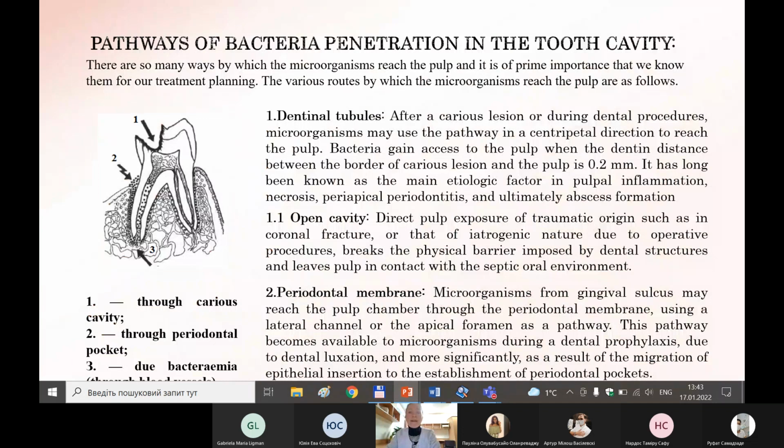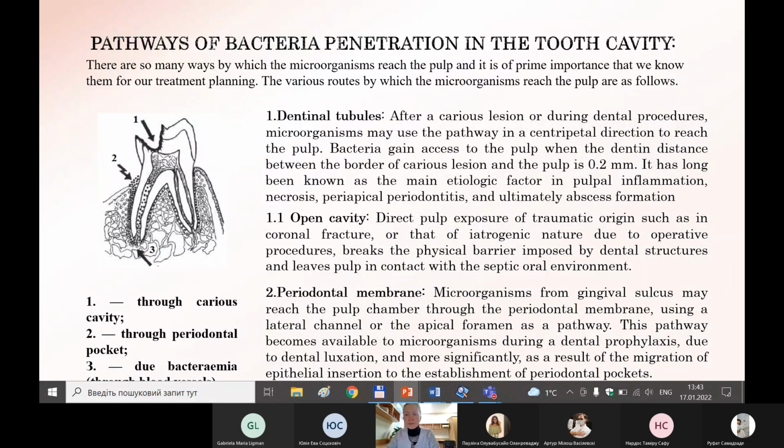Microorganisms can enter the pulp cavity in different ways. So there are many ways by which the microorganism can reach the pulp, and it is of prime importance that we know them for our treatment planning. And the various routes by which the microorganism reach the pulp are as follows. Through dentinal tubules,